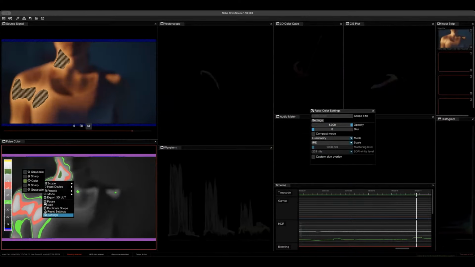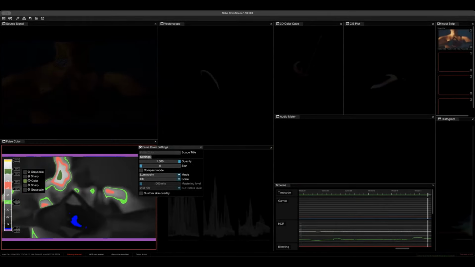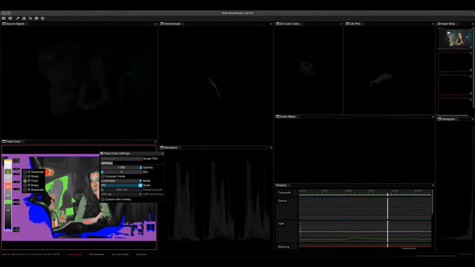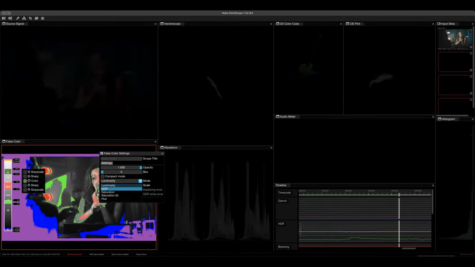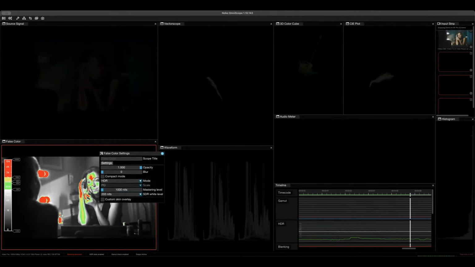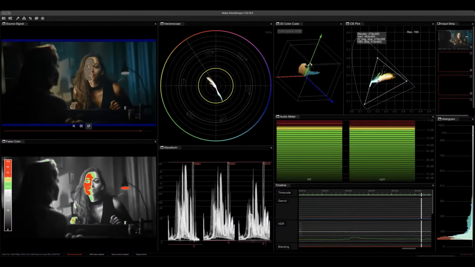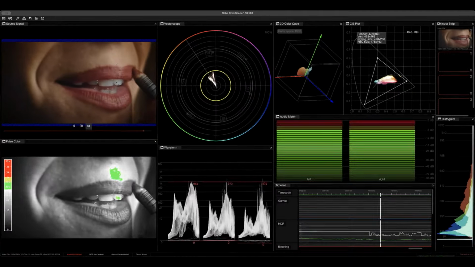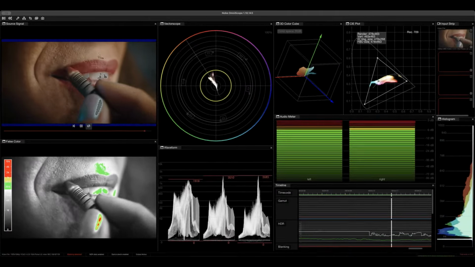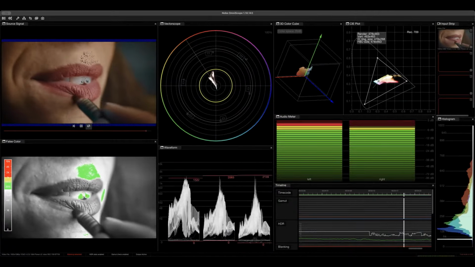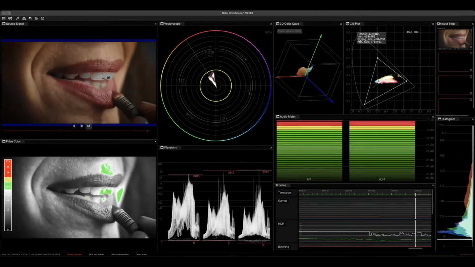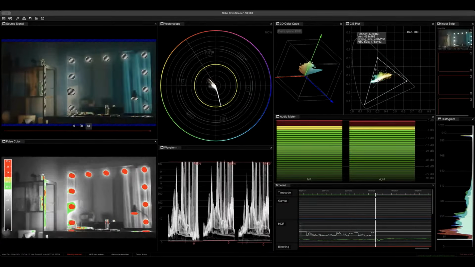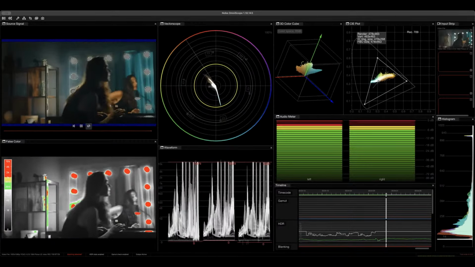You can do the same in the false color. You can also change it to PQ, and you can also change it to HDR mode. So it creates those overlays for you, where 1K to 10K is a different overlay. So it's sort of split between SDR range and HDR range. So it's easier to quickly see where your highlights in the HDR are and where the standard SDR range is